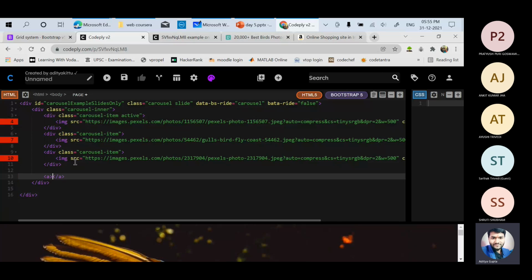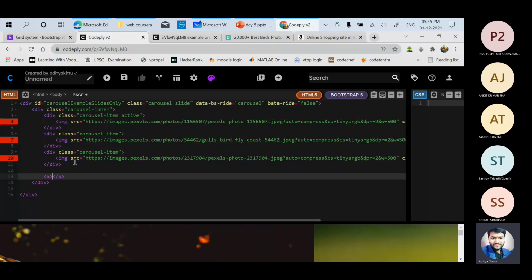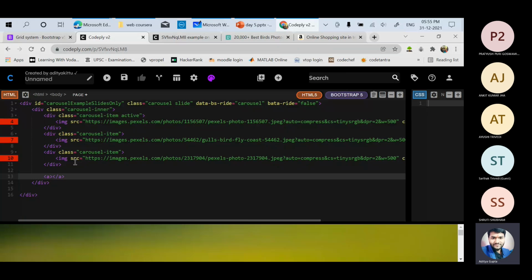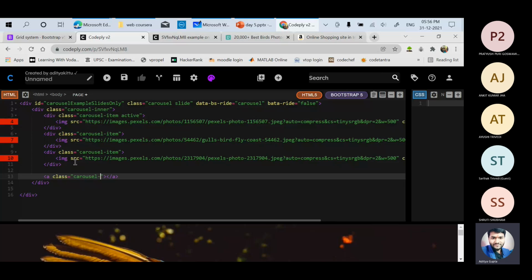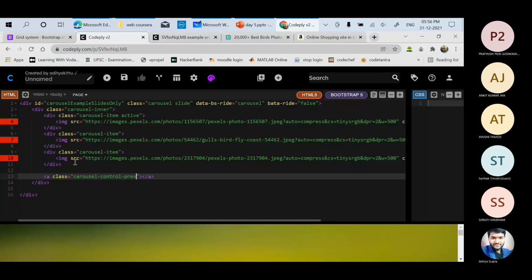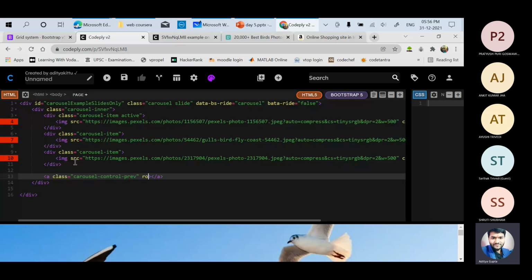In the anchor tag, create a class, and the class should be carousel-control-prev, the carousel control preview class, and the role is set to